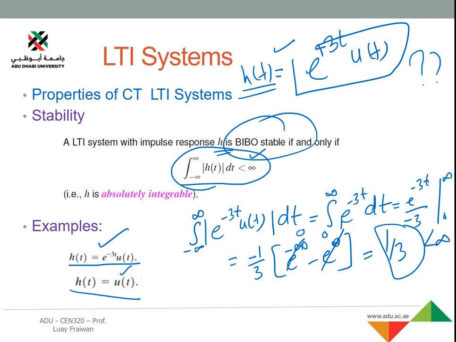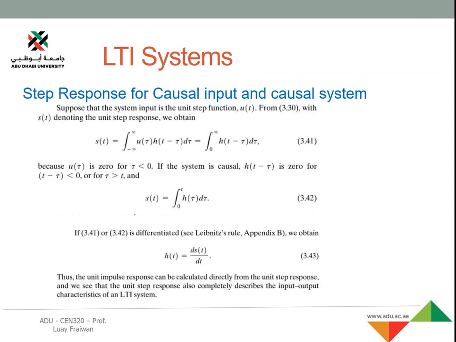So these are the basic properties of the LTI system, okay. Then there are two more brief topics which we want to check. We have seen that if our input is an impulse, we call this the impulse response. Like we have seen in chapter 2, if our input is a unit step, and we have some system and this is my output, we call this the unit step response, or step response.